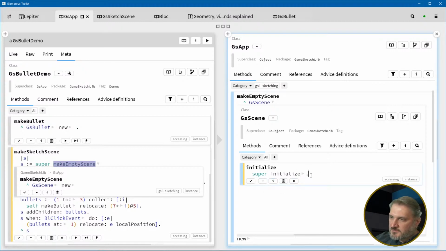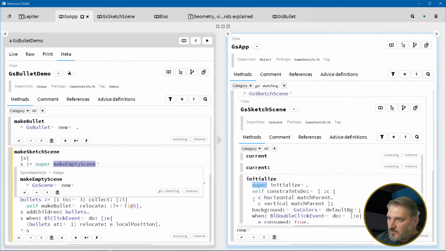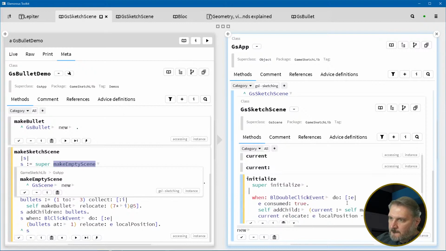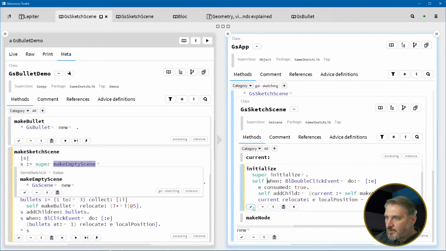For initialize. And then what I was going to do is copy all that stuff from down here. So make it snap to the parent and use the default background. Self. That, and then up here,